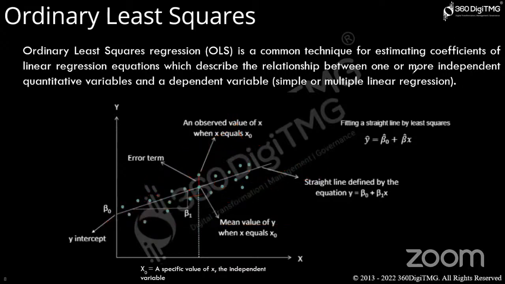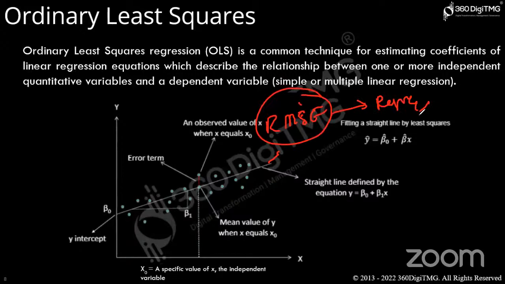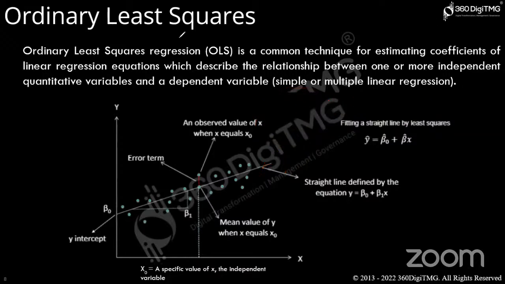Finally, wherever you are getting the least mean square error, root mean square error, wherever it is the least, that regression line will be considered as the best fit. Wherever the error is less, that is what we will consider the best fit. So here we will take it as the best fit. Like that, we will be selecting the regression line or the best prediction line. That is what we call ordinary least square. Ordinary least square, what will it do?